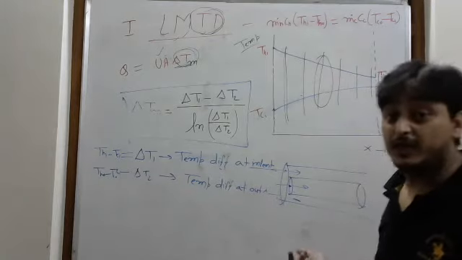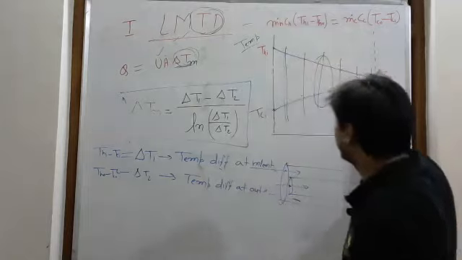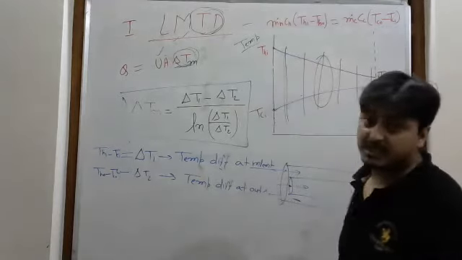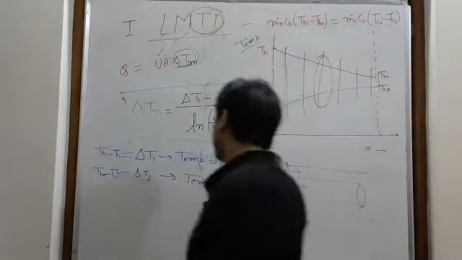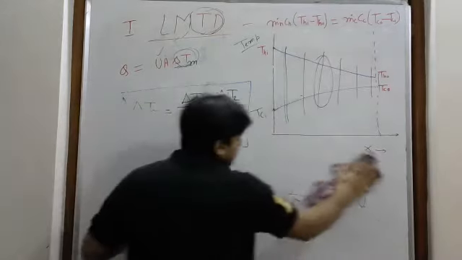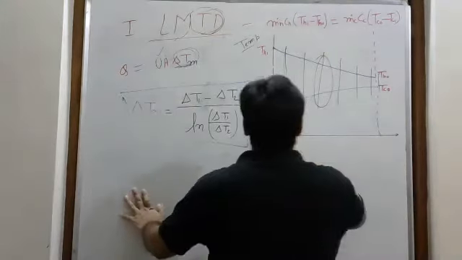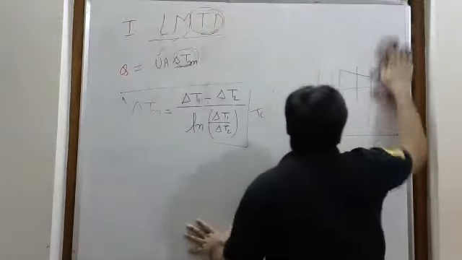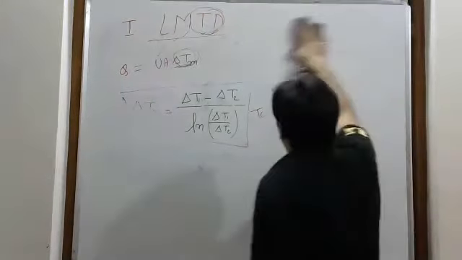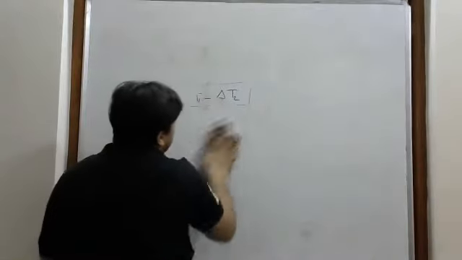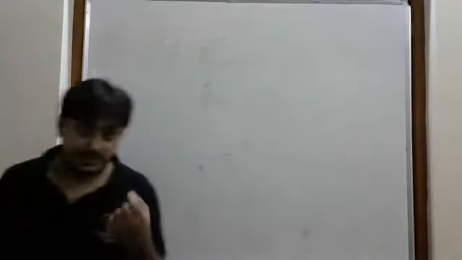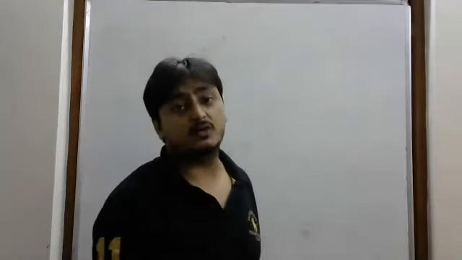But in the counter flow heat exchanger, what will happen? Why is it so? Because in this direction temperature is decreasing, and in this direction the temperature difference is decreasing. I will take the counter flow heat exchanger next. There you need to understand, and one special case I will tell. They have asked it many times in examinations as a direct question, where you need nothing, not even to take a pen out. Just while reading the question you can mark the answer.